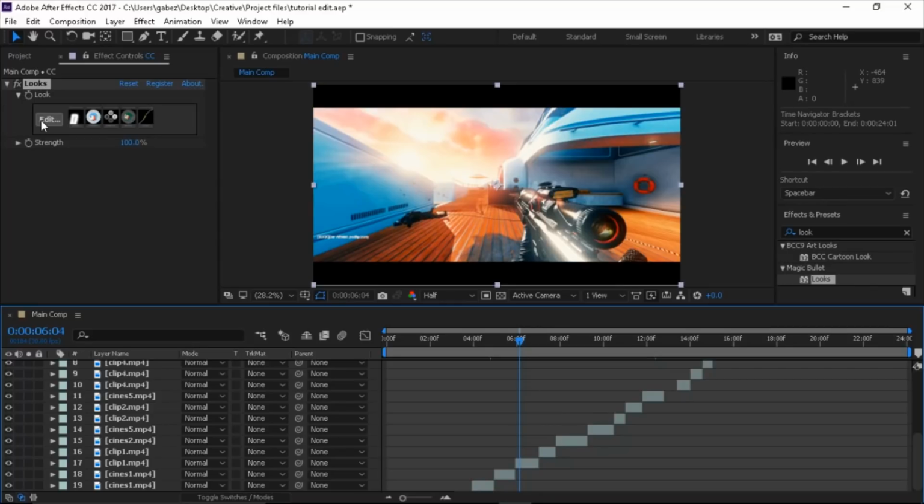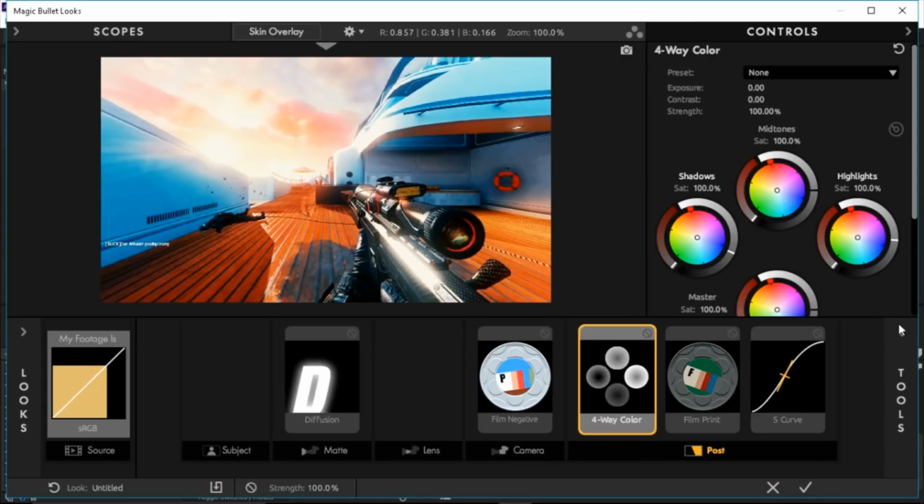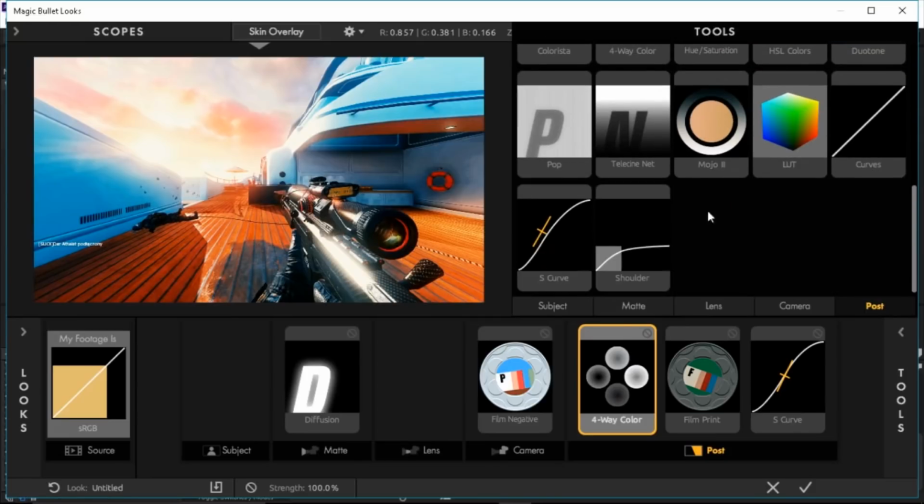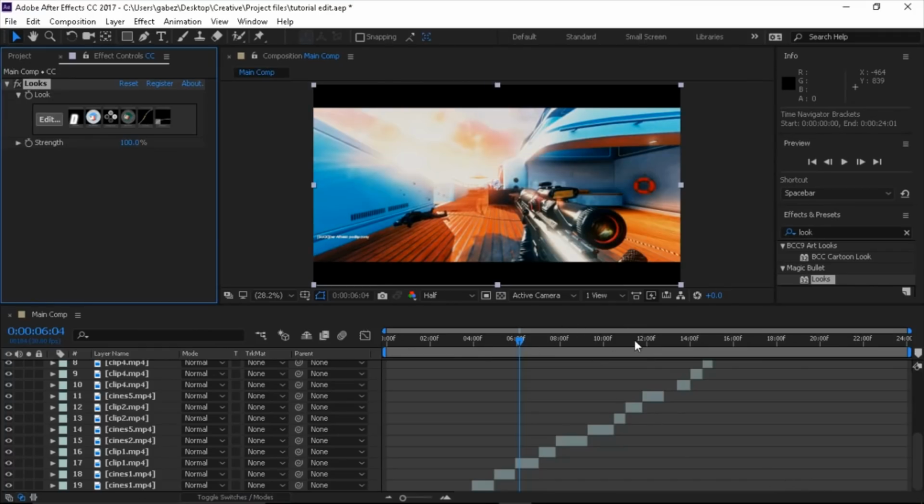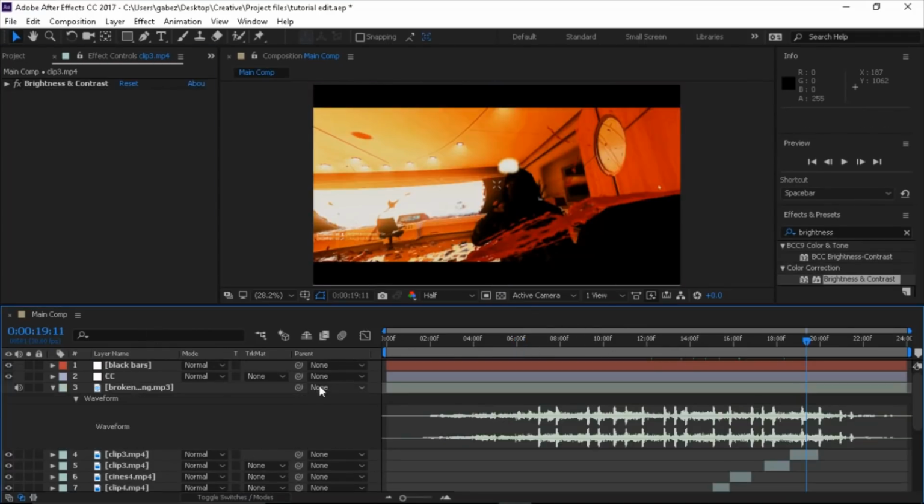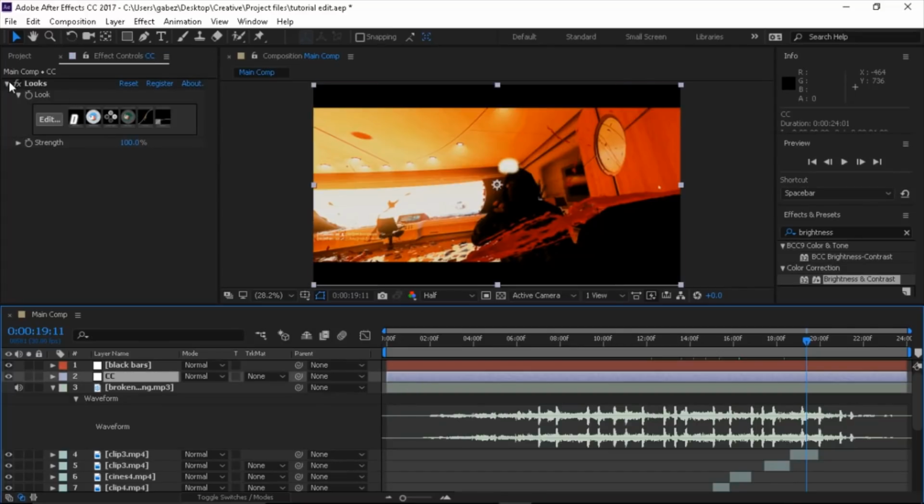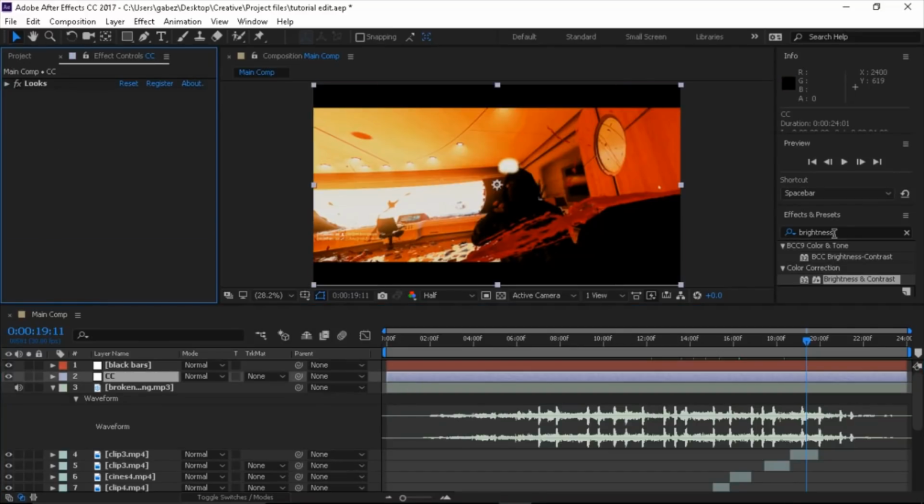Yeah, I think the diffusion needs to relax. We can put a shoulder, just so it doesn't become too bright. That looks fine for the purposes of this tutorial. So that's color correction. Next thing that I like to add just in the color correction bar is